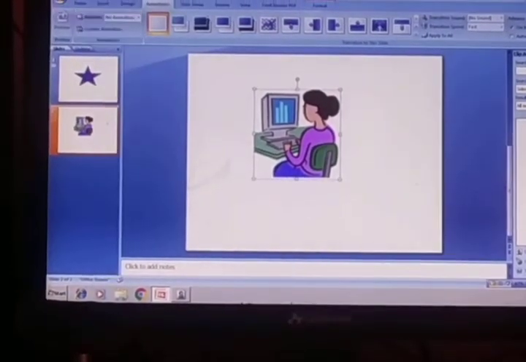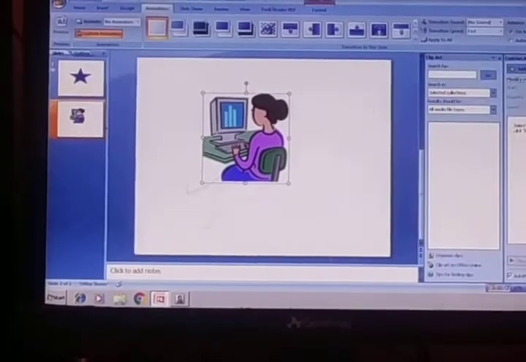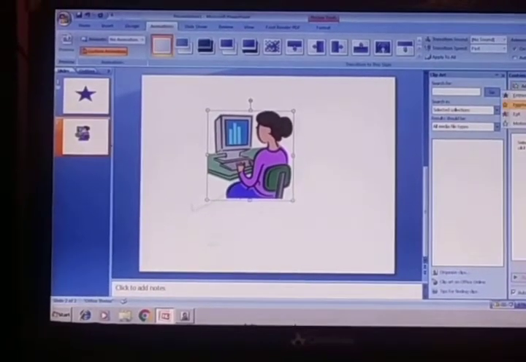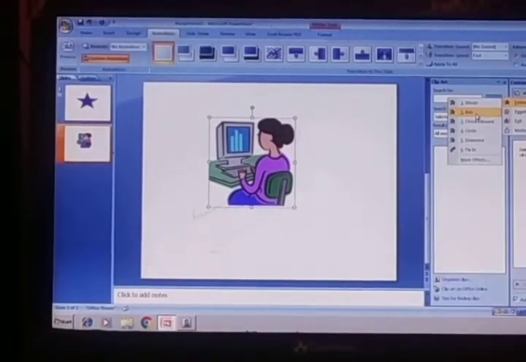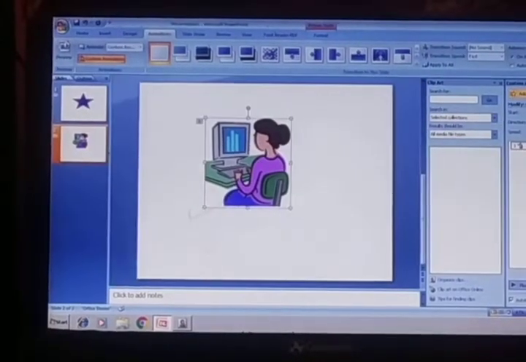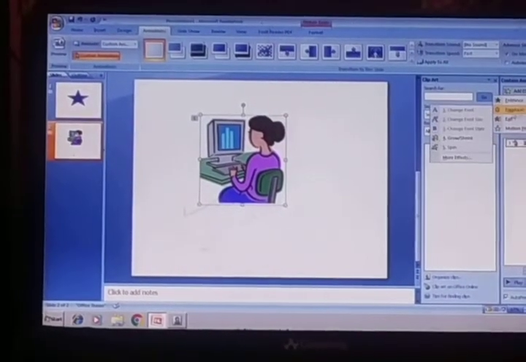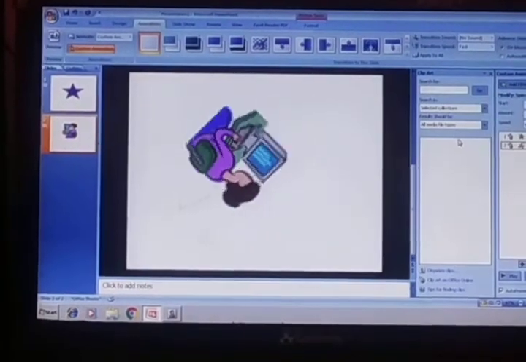Custom animation. Again click on custom animation, add effect. Emphasis, spin.